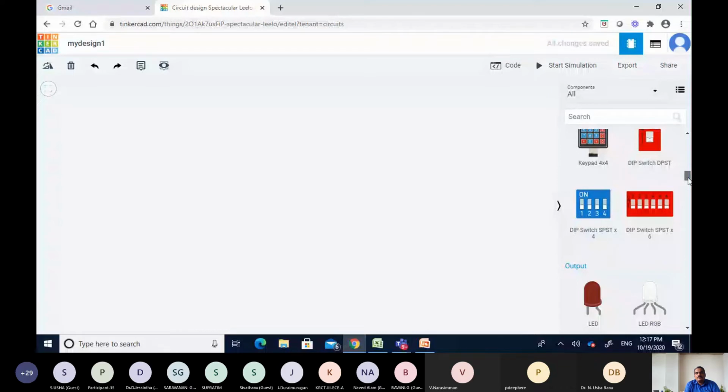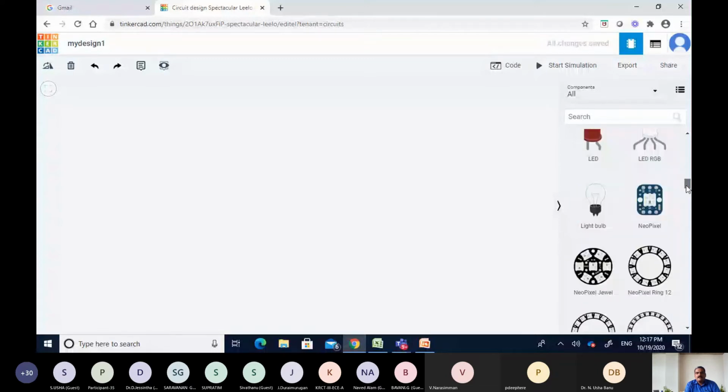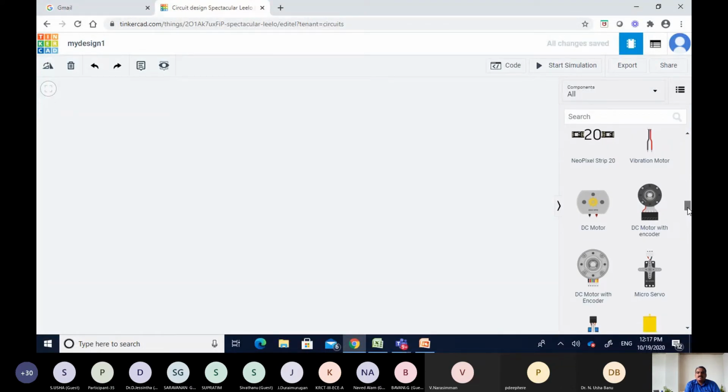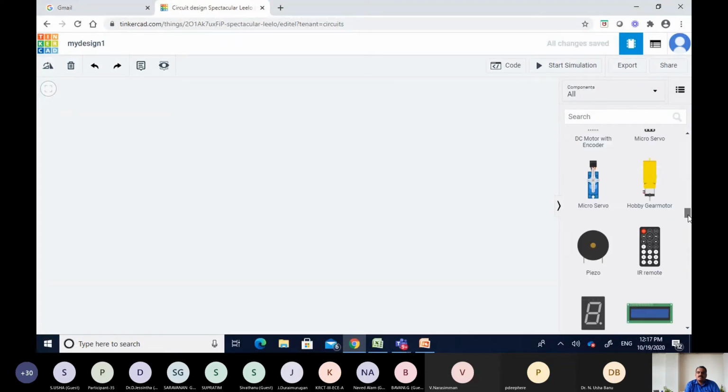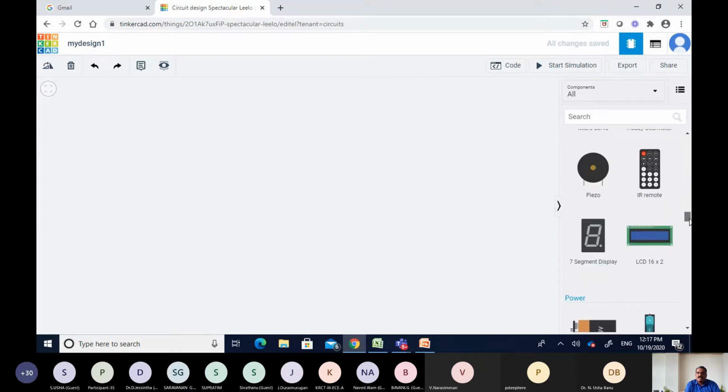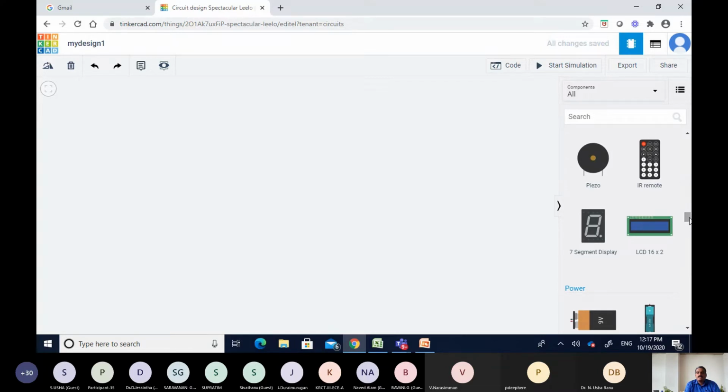Similarly, for output devices, we have LEDs, NeoPixel rings, an ordinary light bulb, vibration motor, DC motors with encoders, IR remote, 7-segment display, piezoelectric buzzer, LCD display. All these will act as output devices.